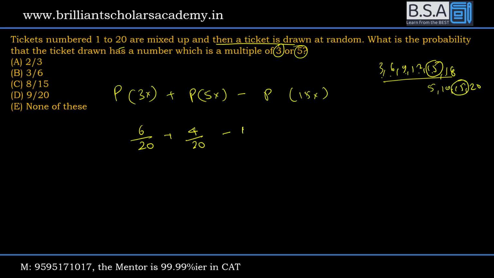ऐसा एक ही मल्टीपल है। यहाँ 15 मत लिख देना, ऐसा एक ही है, आउट ऑफ 20। 6 प्लस 4, 10 माइनस 1, 9/20।